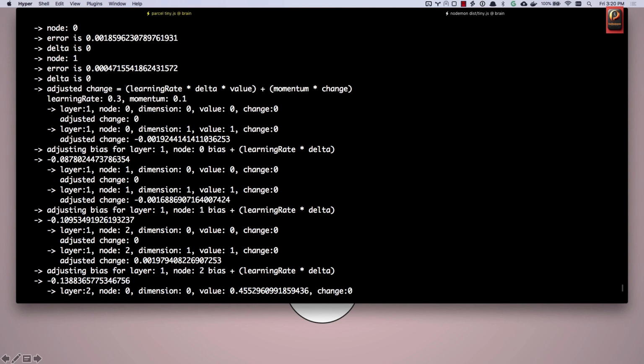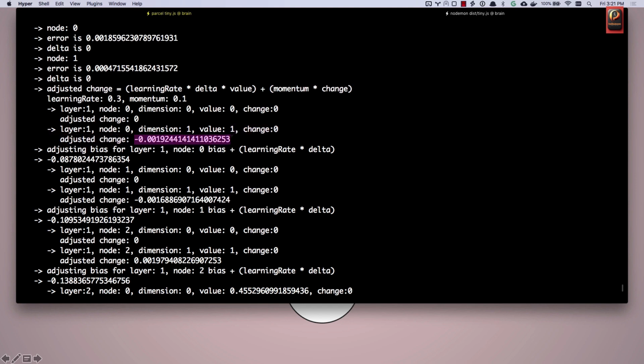Here's our weight adjustment formula. It's our learning rate times the delta times the value of the current weight. And we're also going to add the momentum plus the prior change that we made, which is going to be 0 right now because we didn't make a prior change in the last step. So this is basically just doing that for step number 1. This is going to output to 0. So then we're going to go ahead and make an adjusted change,